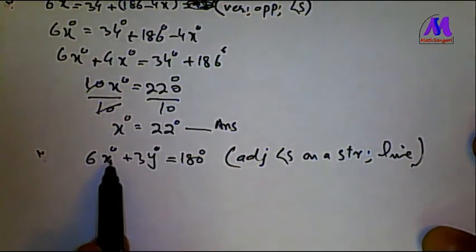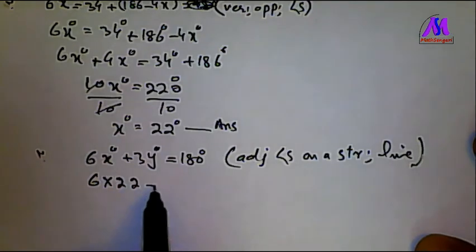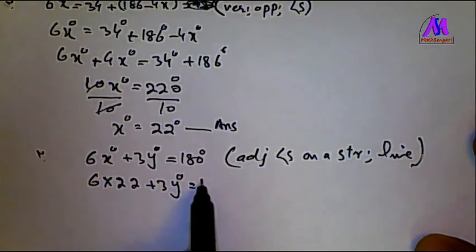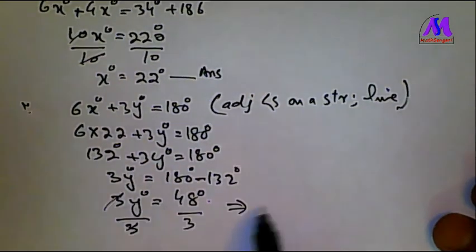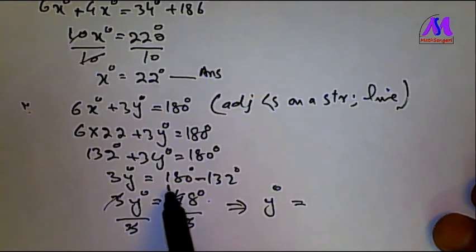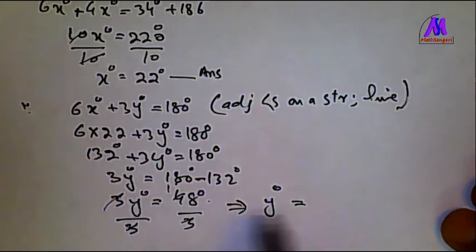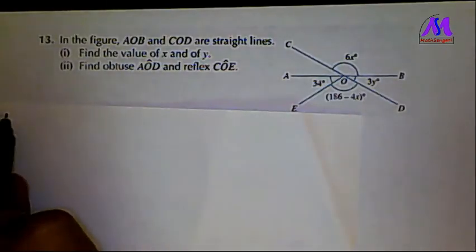So put the value of x, which is 22, plus 3y will be equal to 180 degree. Now both sides divided by 3, y degree will be equal to 16 degree, and that will be the answer. For part B,